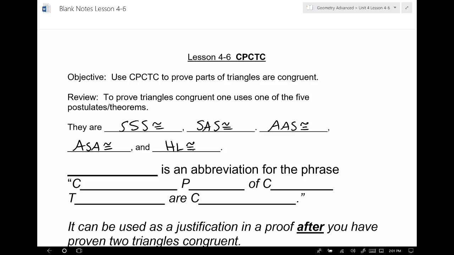And so instead of writing out our definition for congruent polygons, we give ourselves a little bit of an abbreviation. And that abbreviation is literally CPCTC. Now, here's what it says. And you're all going to have it memorized before we go further, period. Okay? We're going to have it memorized. All right, the first C stands for corresponding. So corresponding, and P stands for parts